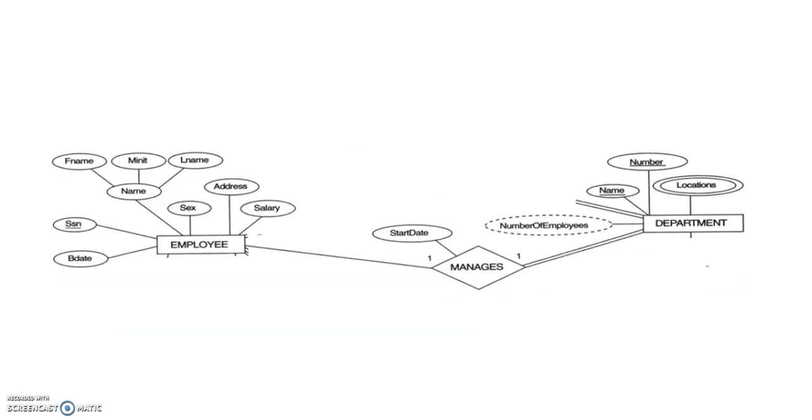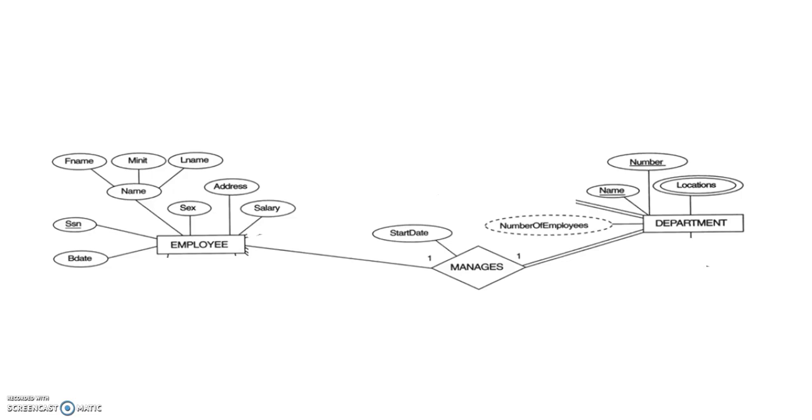Here manager's relationship is a one-to-one relationship between employee and department. Both are strong entities. So in this relationship, one side is total, that is department side. So if any of the side is total, then we can put the primary key of other relation into the entity having total participation.